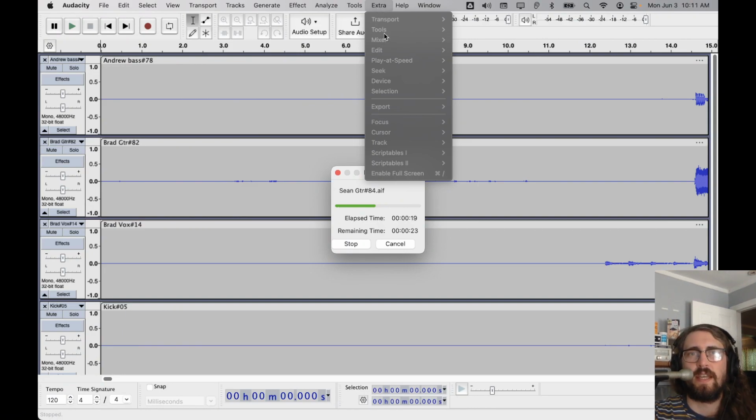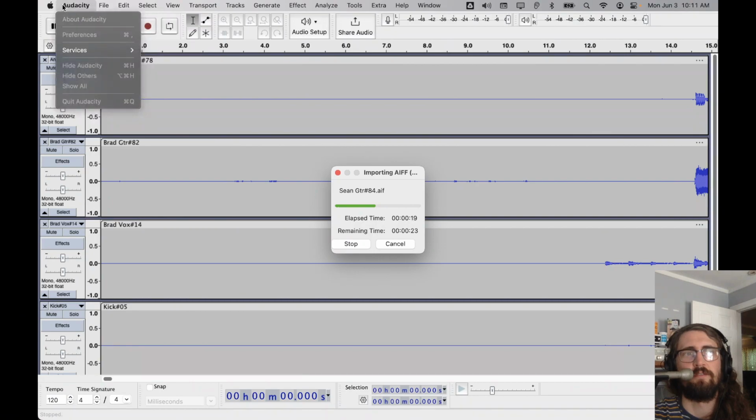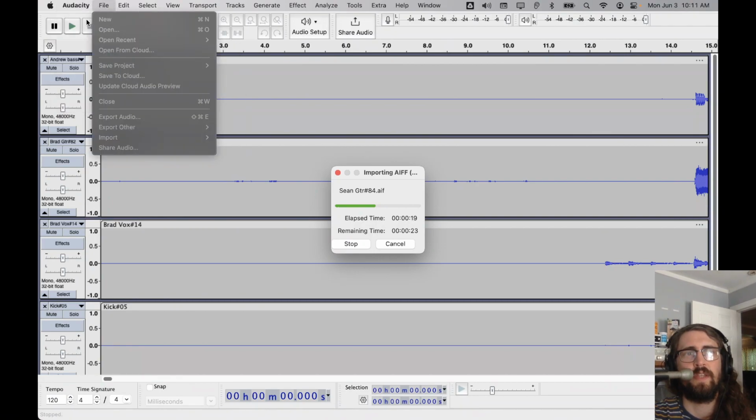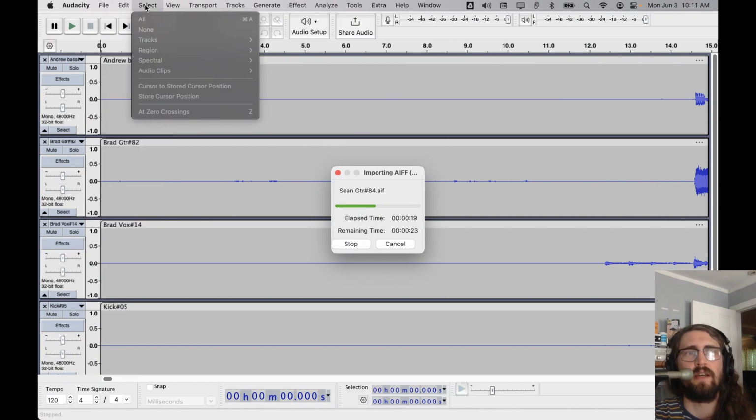Yeah, I guess they're in this extra thing now. I'm not sure. Okay, maybe I'll start on the left. So yeah, you can't really do anything while it's importing and converting audio files, but yeah,